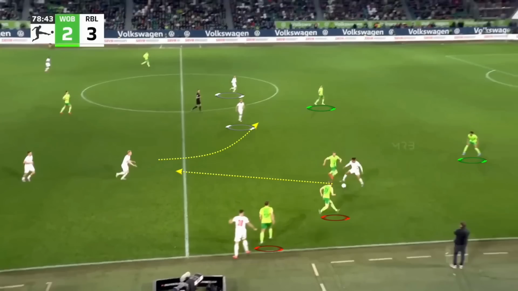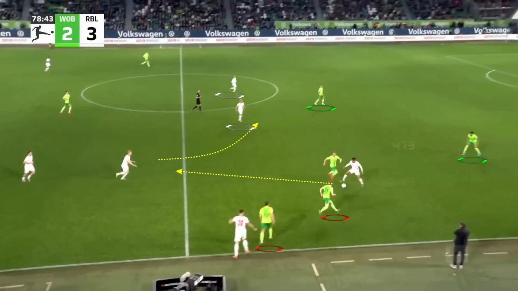And now you're able to see the benefit that Sesko's technical efficiency has on the entire attack, in comparison to Hojlund, with Leipzig now in a promising position where Sesko's pass has taken 2 Wolfsburg players out of the game, including one of the centre-backs who's followed him wide, setting up the opportunity for a 2v1 on the far side if Poulsen is now able to lay the ball back first time, with the Leipzig midfielder behind using another first-time pass to progress the ball into the centre, creating a 2v1 against a Wolfsburg right-back,